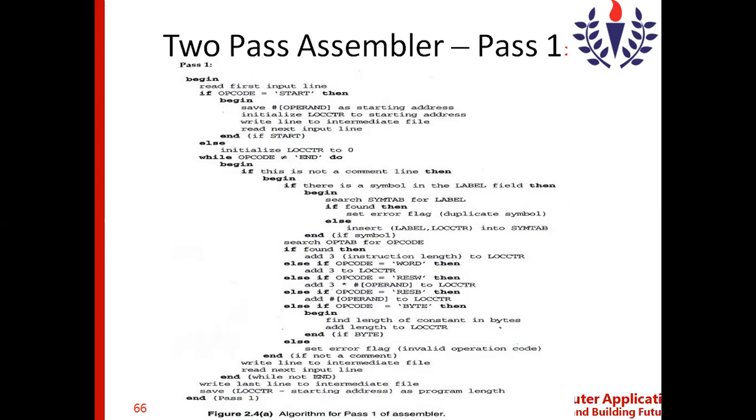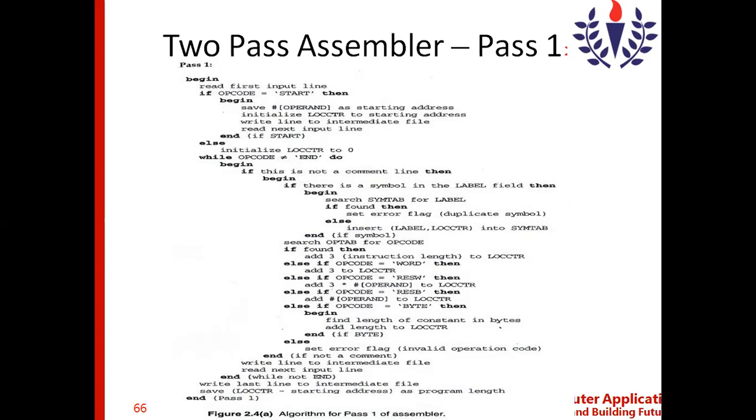As I have already told you, in instructions the opcode part is very important, because the opcode decides whether it is a proper instruction or not, whether it belongs to the instruction set of the machine architecture, SIC or SIC/XE, whatever it is. So search the optable for the opcode.